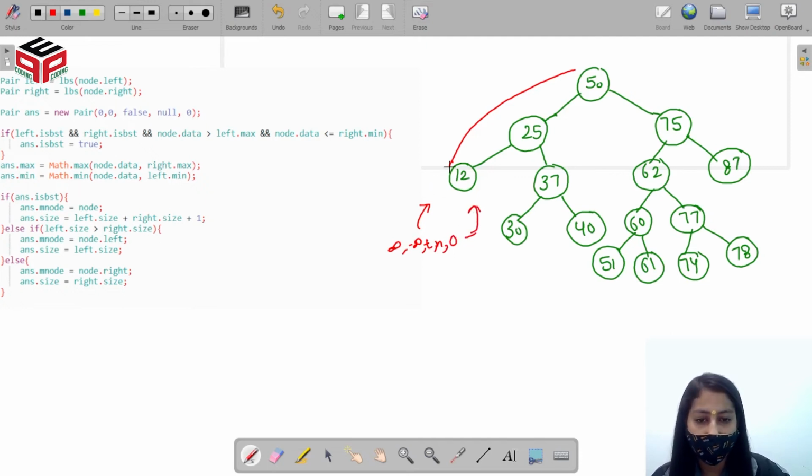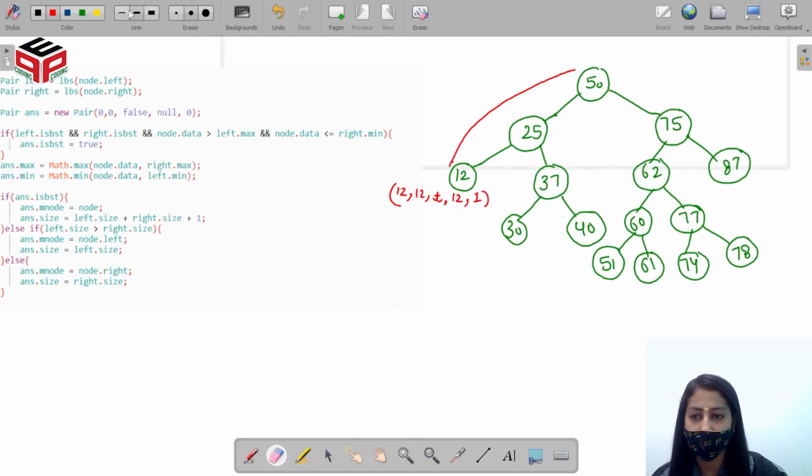So at 12, the pair class will become: when it compares minus infinity with 12, it gets the minimum value as 12, the maximum value as 12, the BST is true, the node will be set to 12, and the size will become 0 plus 0 plus 1, that is 1. So this will be returned to 12.